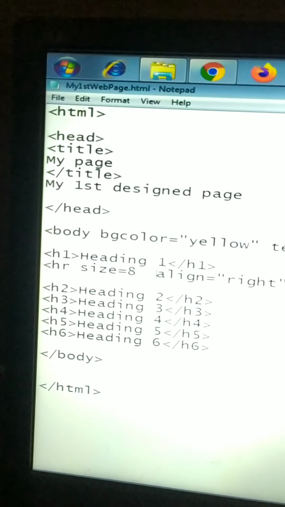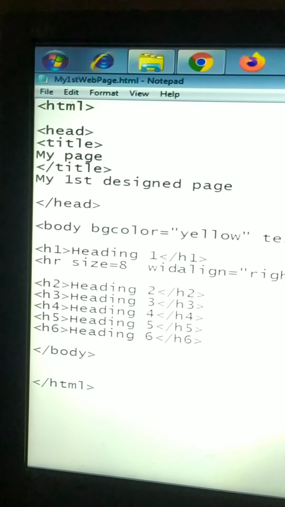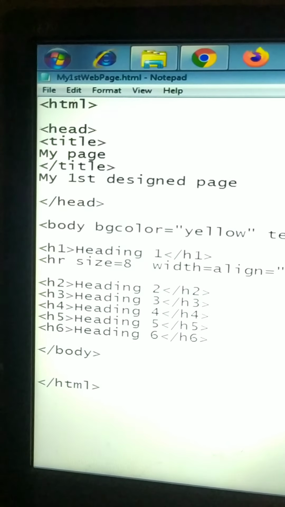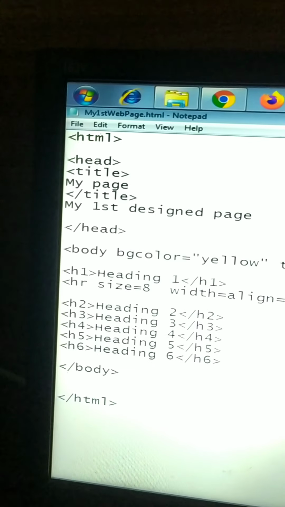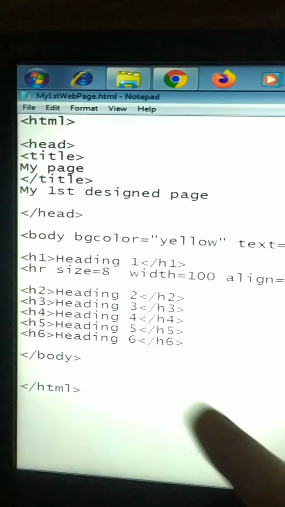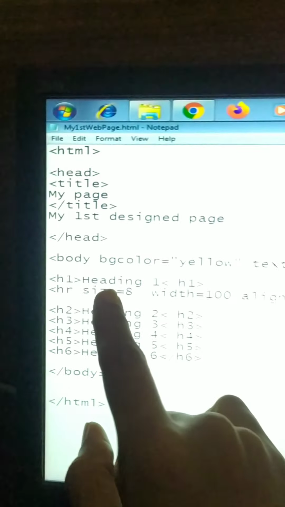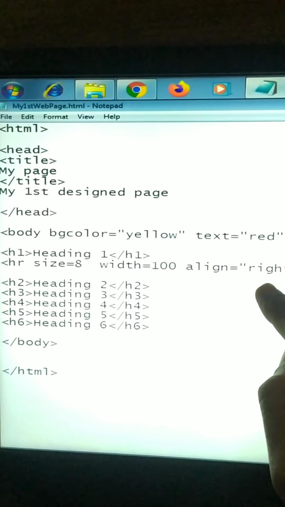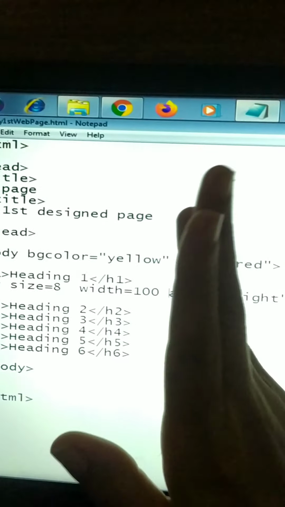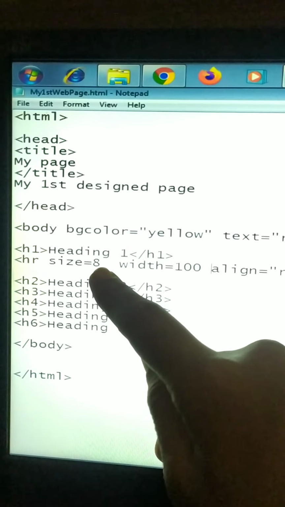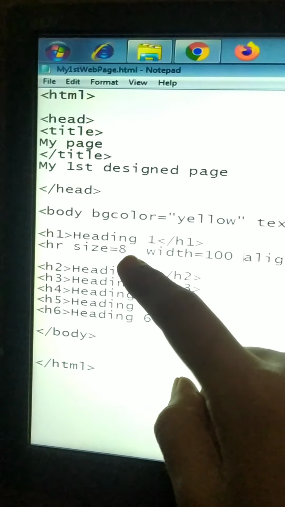You can also set the width, WIDTH. Its width should be, suppose, 100. So it is HR size equal to 8, width equal to 100 and align equal to right. It should be right aligned. Its width should be 100 and its size should be 8.